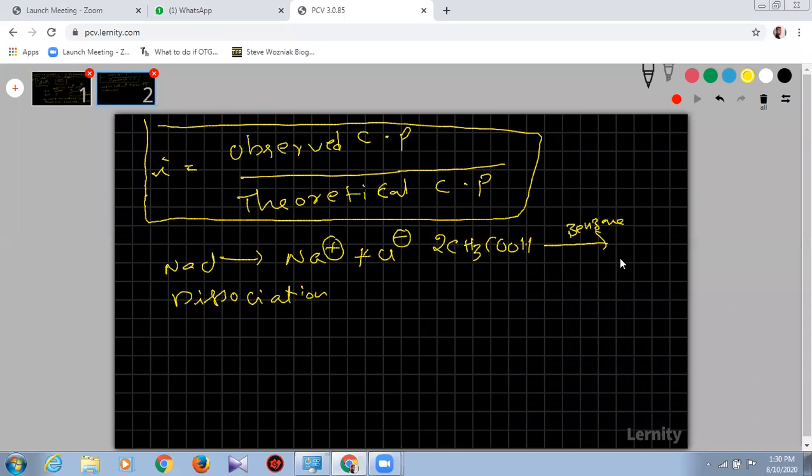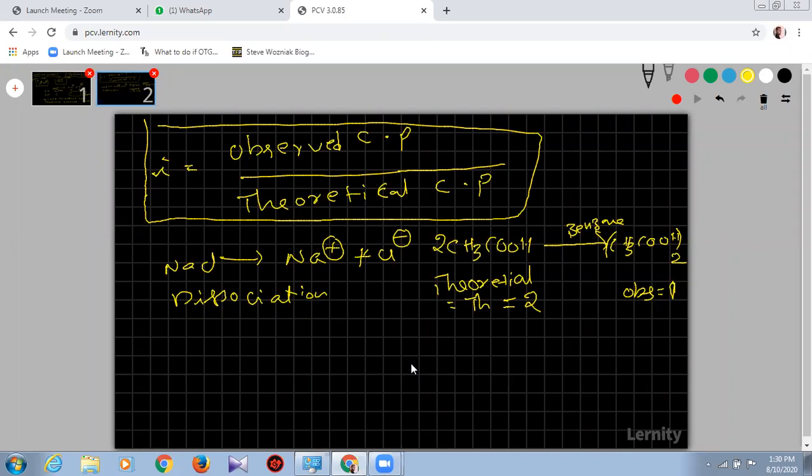So what becomes now here? CH3COOH taken twice. Here, what is the theoretical value? The theoretical value is 2 here. And what is the observed value? Here it is 1. Only one dimer you got here.